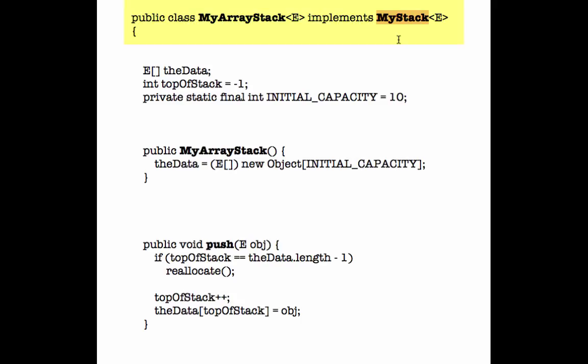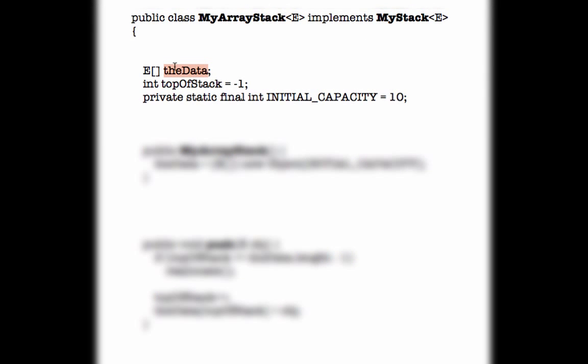My data essentially is going to be an array that I call data, and that's a very simple array of generic objects. The initial capacity is a constant that I'm going to use when I create the array. So in other words, the data, which is the array that represents the stack, is going to have an initial capacity of 10 items. And finally, I need this integer that I'm going to call top of the stack